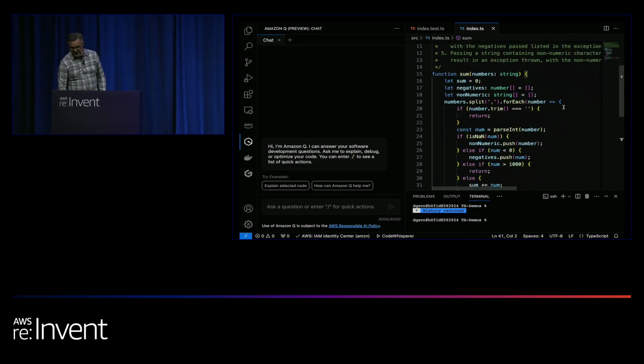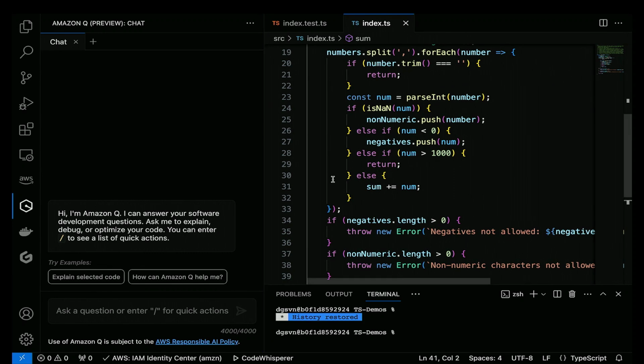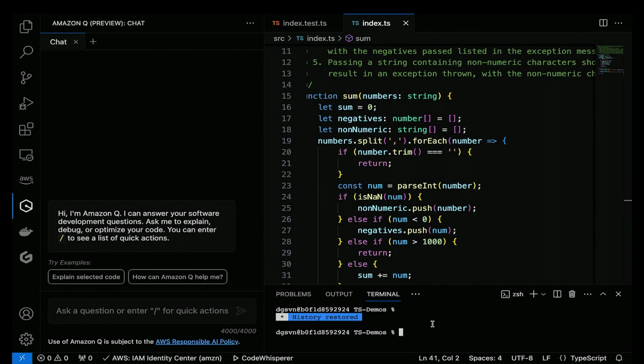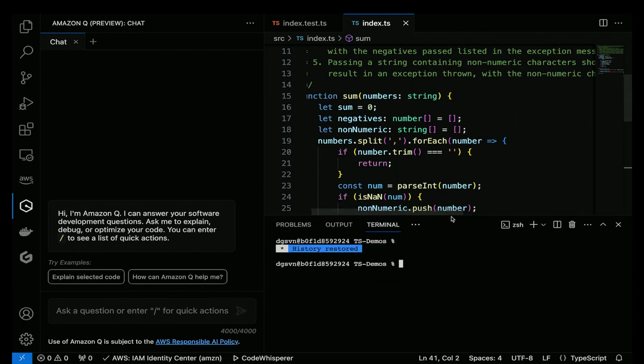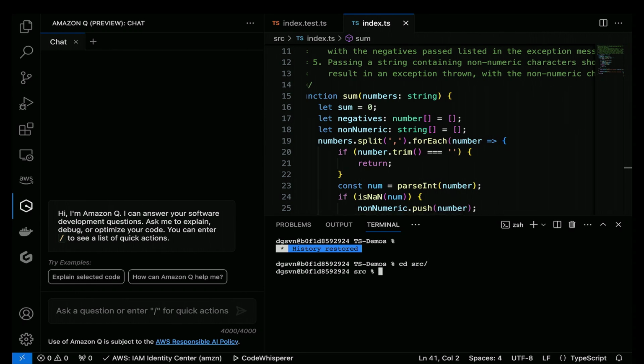So now that I've done this, and I promised you we were going to talk about Q, and Q is sitting over here waiting for me. I just want to do something. This is a TypeScript file, and I've got all the CodeWhisperer command line stuff I showed you in the terminal integrated into the terminal here within my IDE. And so I can get the autocomplete and all that kind of stuff. So I'm going to go into my source directory, and I'm going to pretend I don't know what I'm doing and say Q